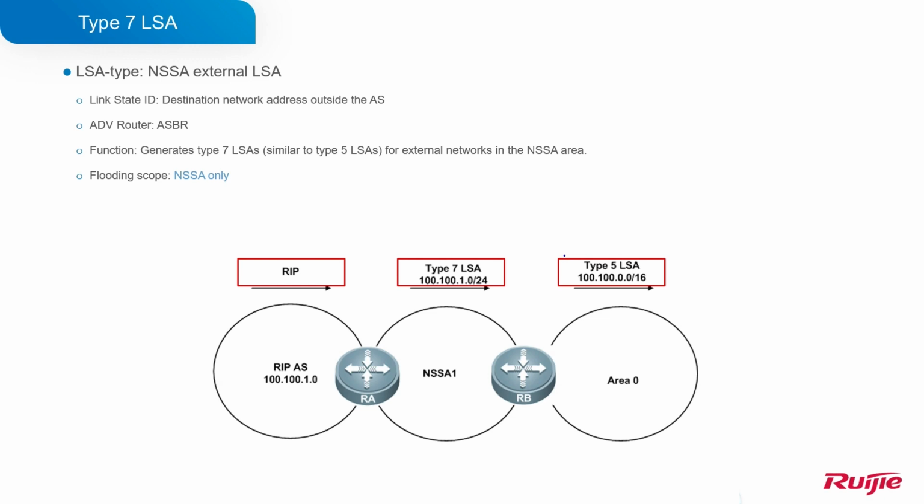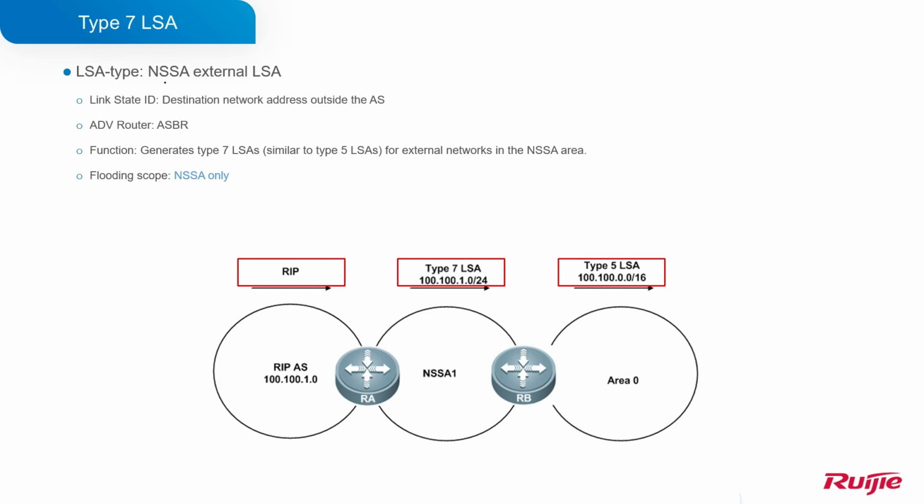For the backbone area and the non-backbone area, or the special area such as the stub area and totally stub area, they do not support the Type 7 LSA. So we just flood the Type 7 LSA information within the NSSA area, right? Okay. So now for the Type 7 LSA information, we can also call it an NSSA